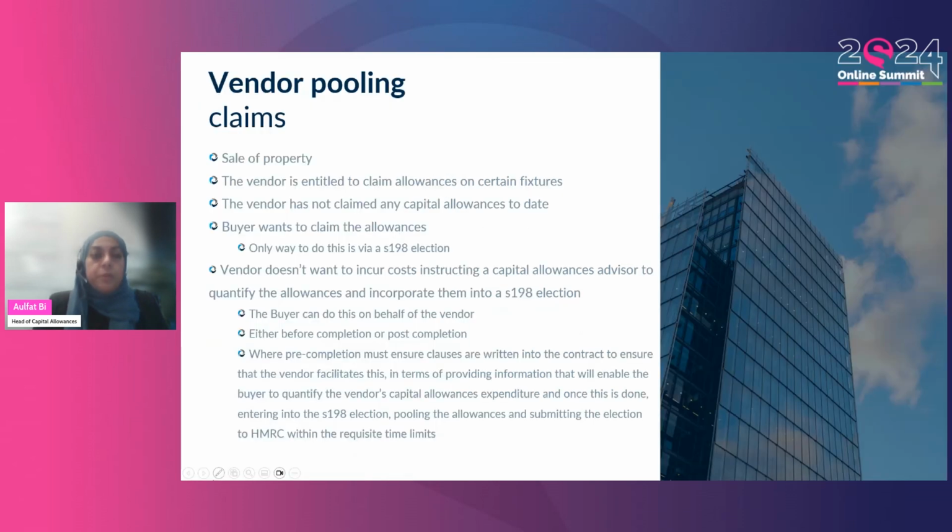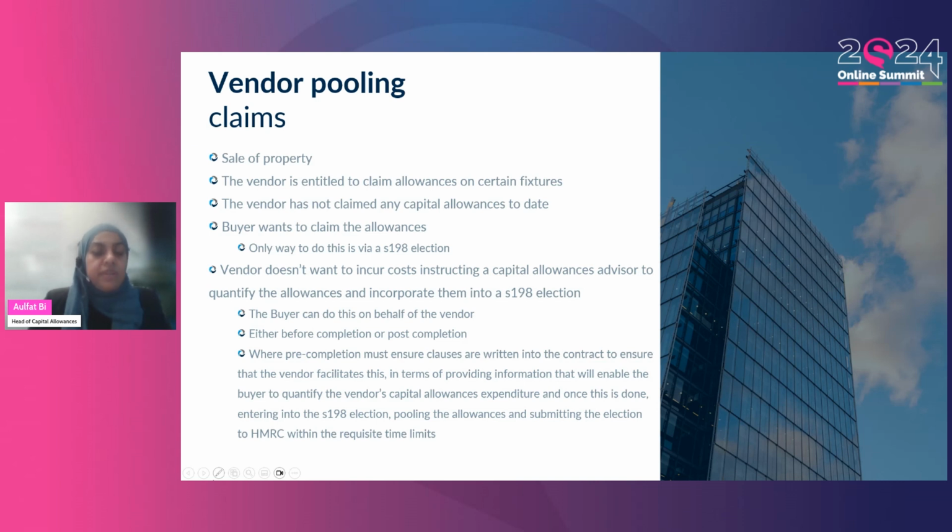In terms of opportunities, I'm going to just go over two. One will be vendor pooling and one will be integral features uplift. So a vendor pooling claim is where there's been a sale of a property. The vendor was entitled to claim capital allowances but hasn't claimed any or hasn't maximised them, and the buyer wants to claim those allowances. The only way you can do it, as I mentioned previously, is by a Section 118